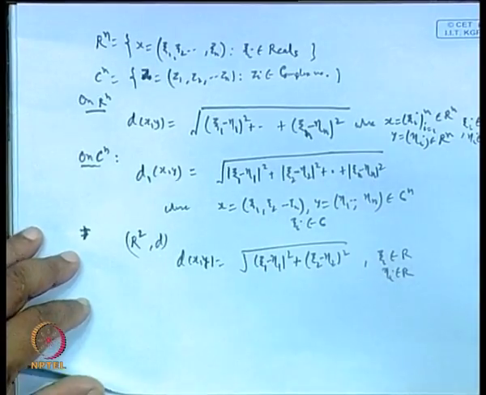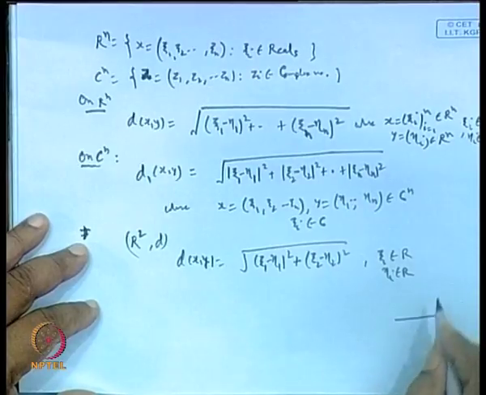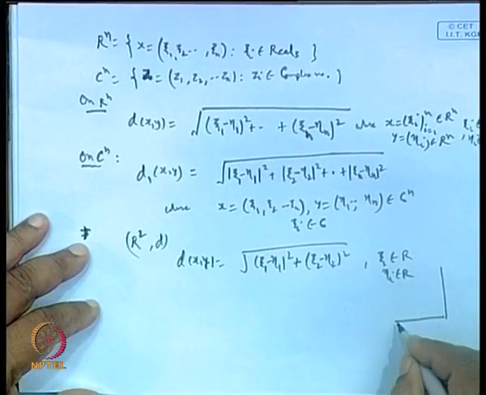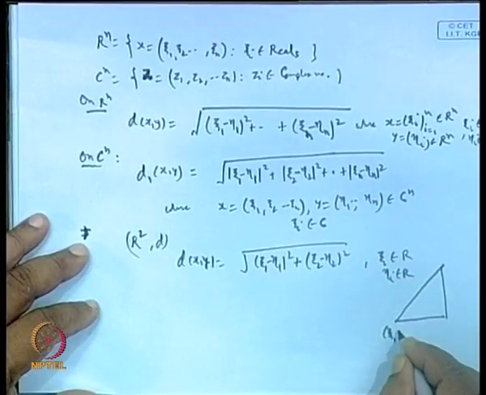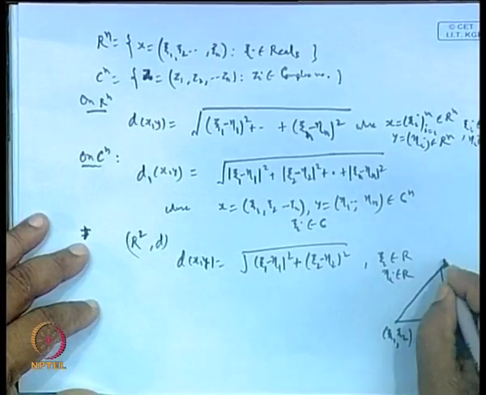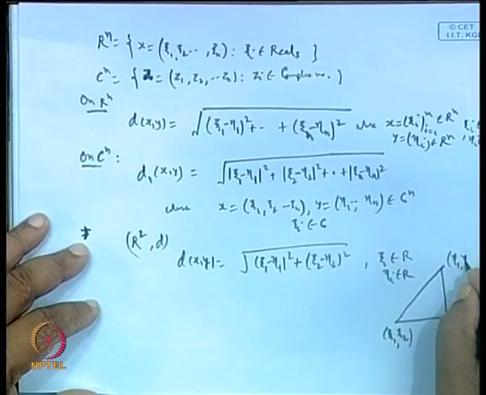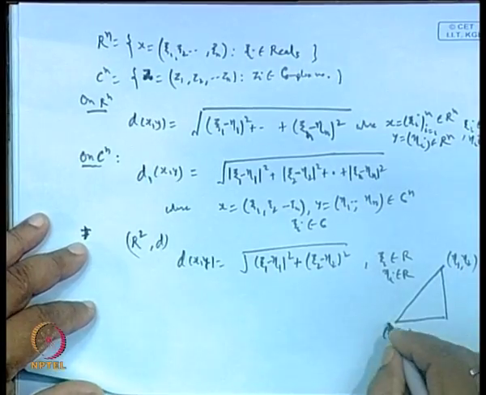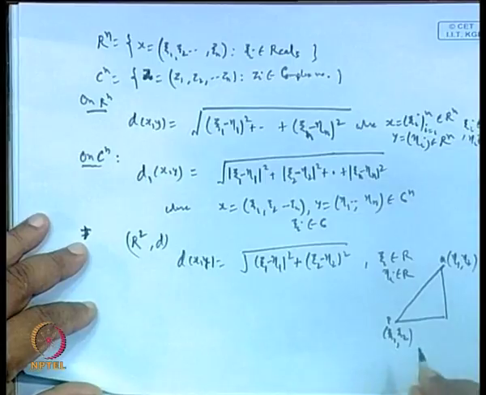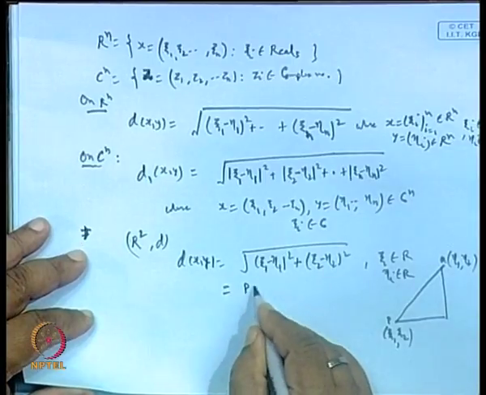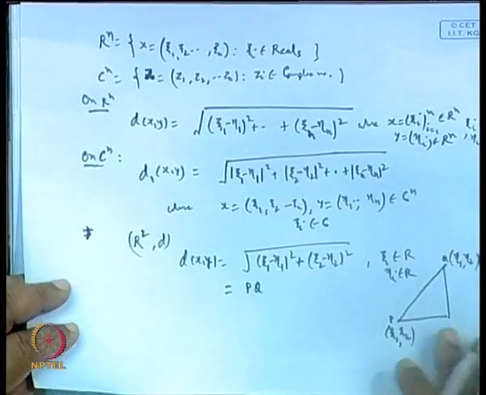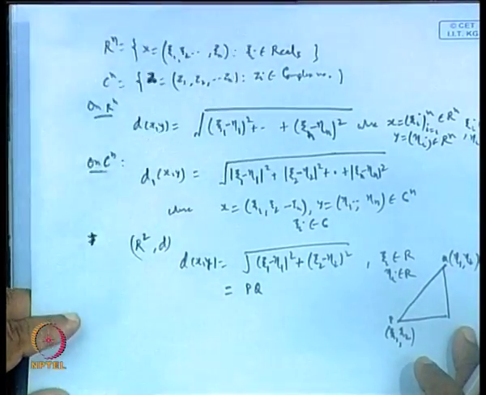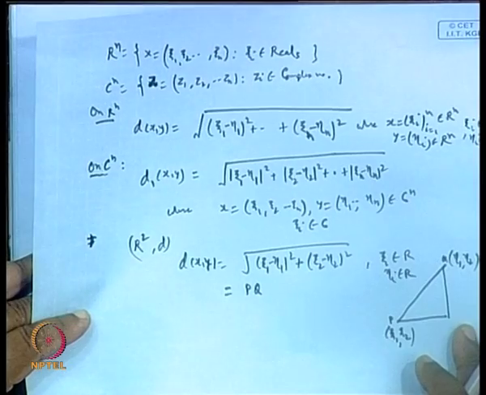Now, these are the 2 points. This is the point xi1, xi2, here is the point eta 1, eta 2, and P is this point, Q is this. So, basically this is the distance PQ,